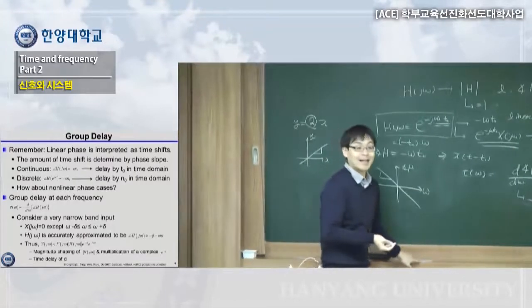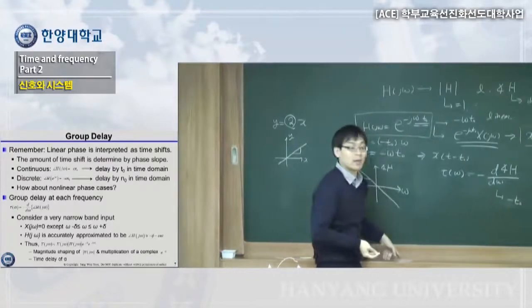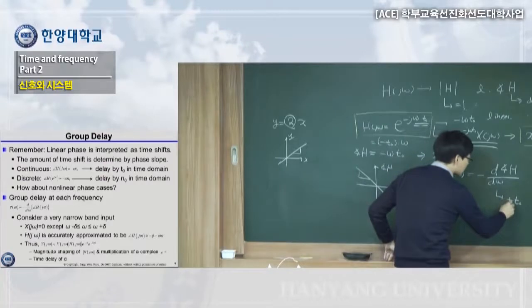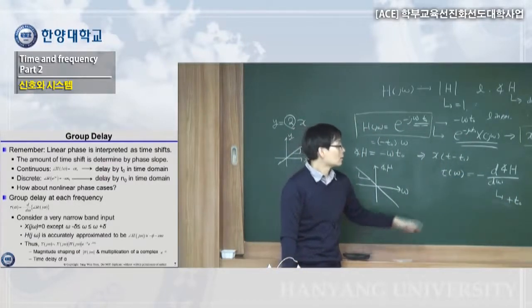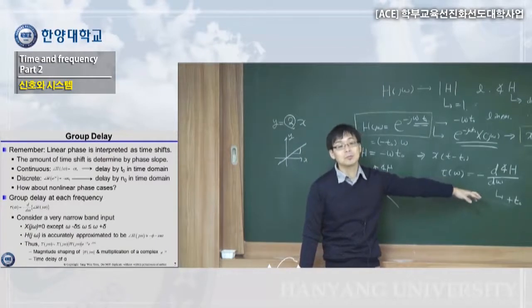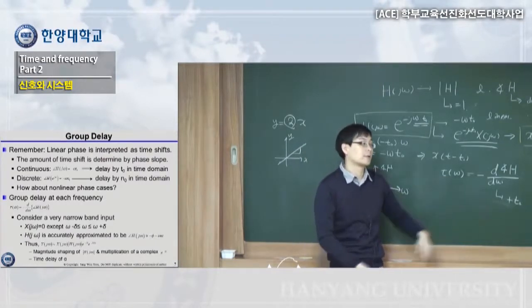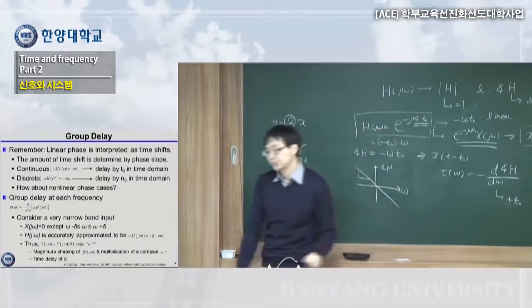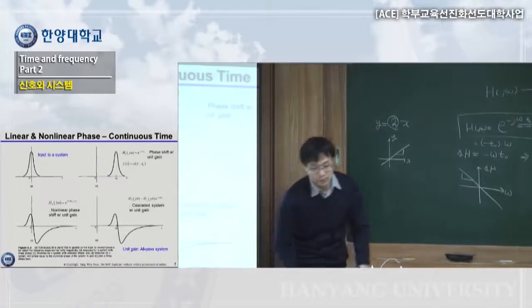And we add a minus here to make this one plus, because this one is the definition of group delay: how much they are delayed as a group. So if you go back to our example,